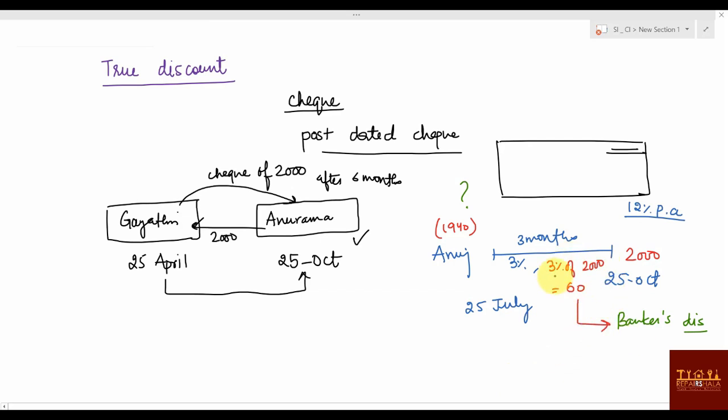Why? 60 rupees anyway will go in interest, right? Anyway 1940 with 6% interest will become 2000 rupees. Then why would I invest money here? Understand this case. If I say that some amount is there, 12% per annum, for 6 months it will be 6%. For 6% it is becoming how much? In 6%, the due amount is what?